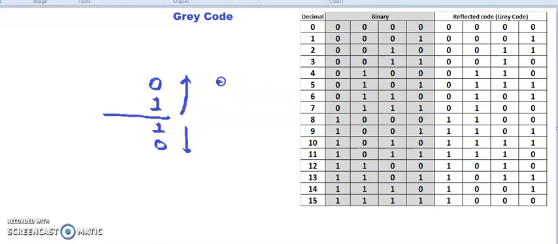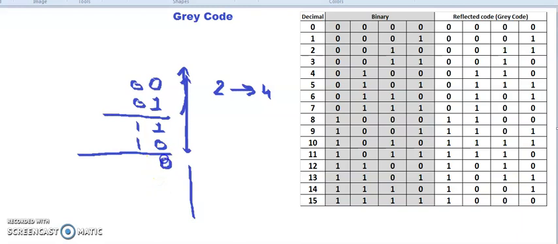Now for 2-bit we will have a total of 4 combinations. So for half of the numbers we have to add 0, and for the rest of the numbers add 1s. Now if you want to construct reflected code for more numbers, then again we have to take reflection from here. So again write these numbers in reverse: 0 1 1 0. We are writing the reflection of the first column. Again reflect the second column: 1 1 0 0.